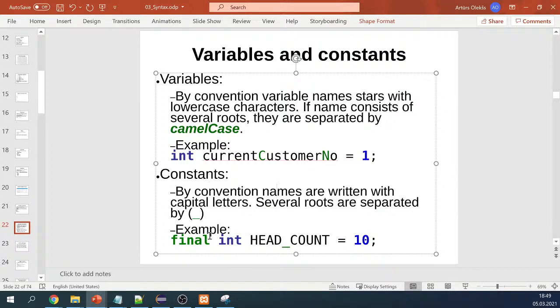And by definition, variables are defined in the way that we provide the type, then we provide the variable name, and if needed we assign the value. For the constants we have the same way. For definition we use final, so it means that this variable has the final value, and